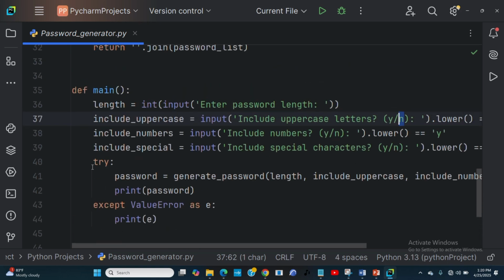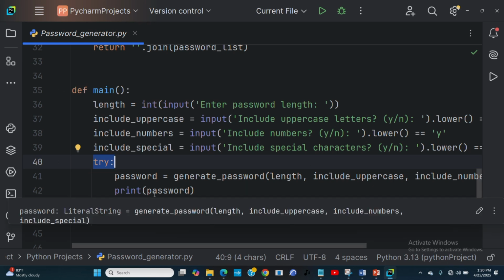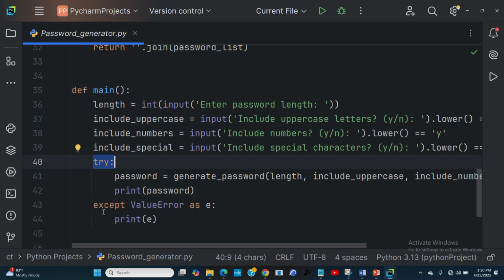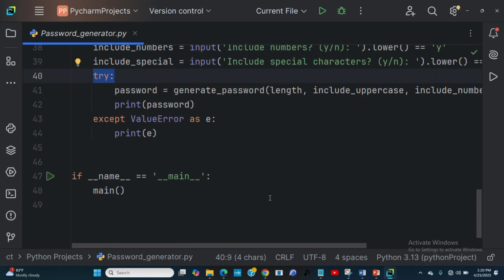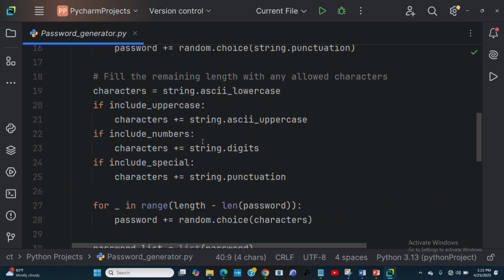And now I am putting this in a try block. I'm putting the try block because, for example, if a user gives something that is invalid, that is not part of any of these things here, it should not throw an error right on the screen. It should be able to handle that error for us. That is why I put it in the try block, the exception handling here, to handle it for us. Then we are calling the main function. And when we do that, what happened?